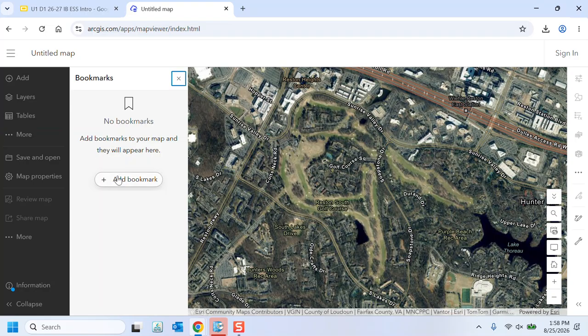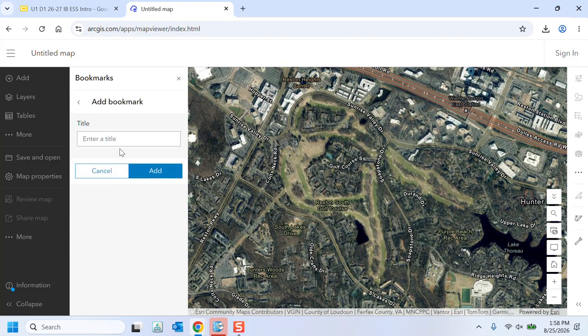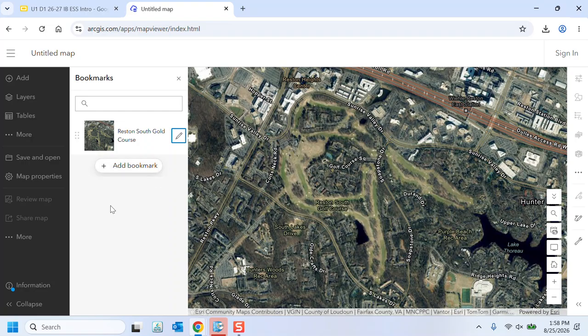I grab a bookmark, and I want to add bookmark. And I'm going to call it the Reston South Golf Course. And I'm going to add it. So now it's going to live right there, okay? Great, so now I can close this, and I know that